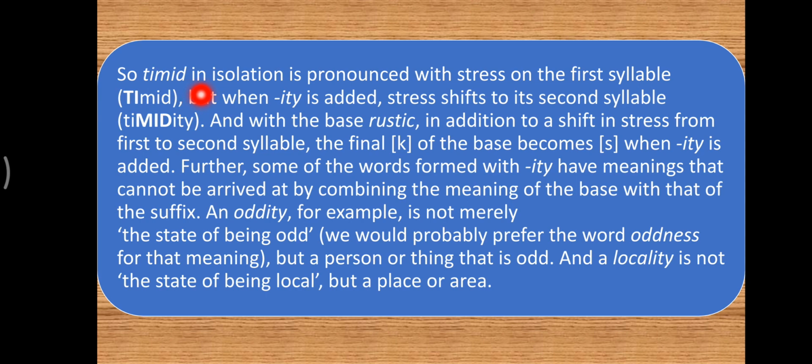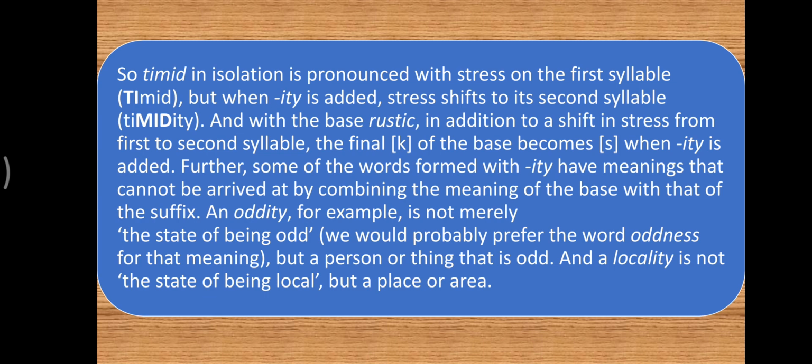So timid in isolation is pronounced with the stress on the first syllable. We say timid. But when we add ity, the stress shifts to the second syllable and we say timidity. We don't say timidity with the first-syllable stress, we say timidity. So the stress shifts, while in the transparent one, the pronunciation and the stress don't shift,